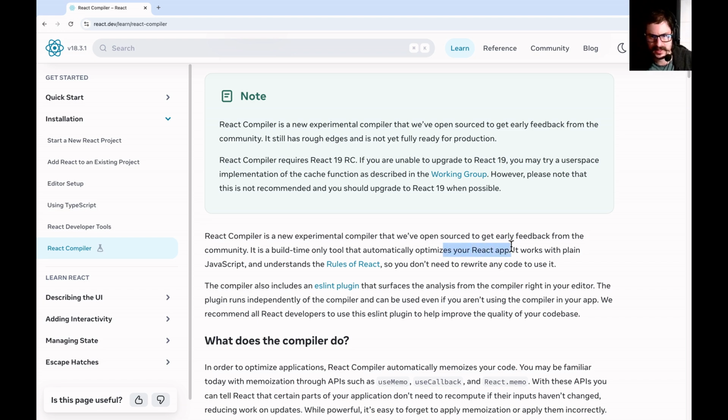Automatically optimizes your React app. So that's kind of interesting. This is almost like a static analysis tool or something. Static analysis tools are very popular with C++ again, and compiled languages. It looks through your code and tries to figure out what it does and get a better picture of what your program is actually trying to accomplish, so that it can provide you optimizations or errors, right? Usually typed languages are better with this. Things like the C++ compiler or the Java compiler will actually use compile time optimization to